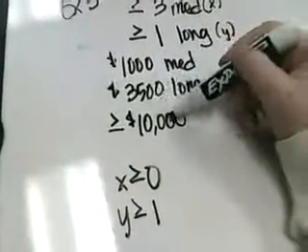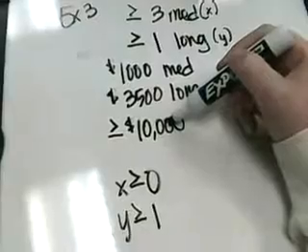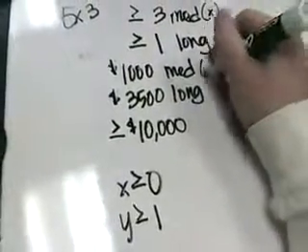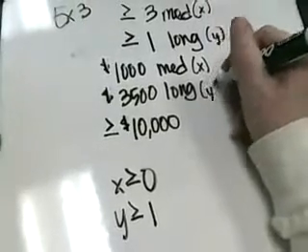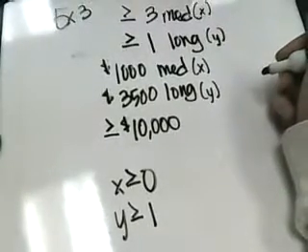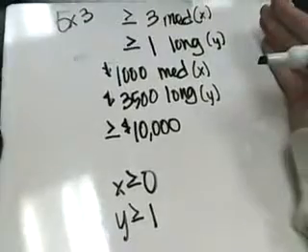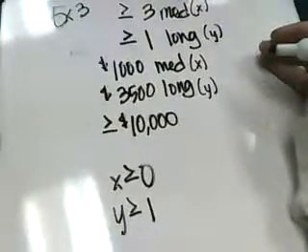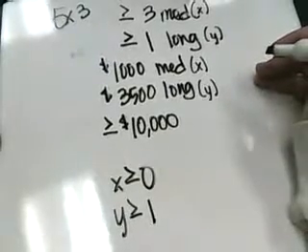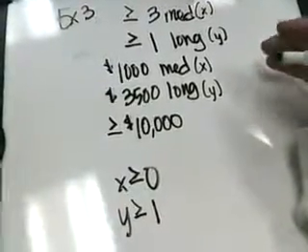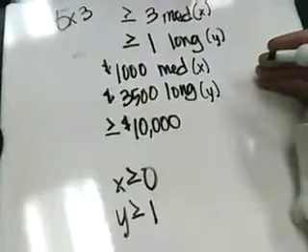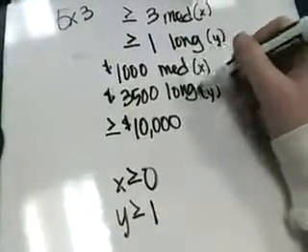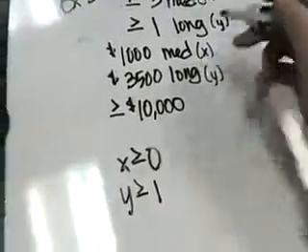Then these 3 pieces all deal with dollars. So we're thinking, okay, we know medium is x. We know long is y. The 2 types of equations we have that deal with x and y are either y equals mx plus b or cover-up method. Y equals mx plus b has to have a beginning and a rate. Cover-up method has to have 2 types of something. We have 2 types of lights. So this would be